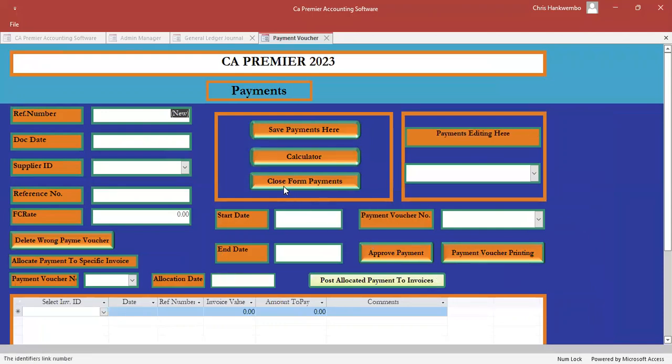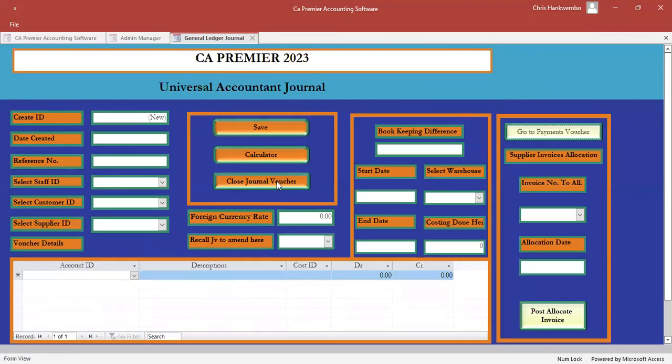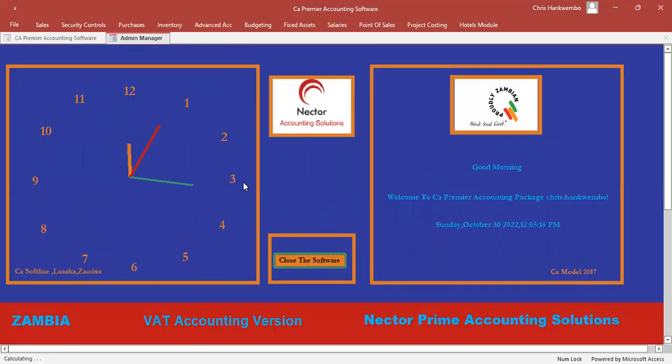So yeah, this is a more advanced accounting package. I'm sure some of you may be seeing it for the first time. It's not like it was done somewhere else. This is a Zambian product born here in Zambia. We did it ourselves as chartered accountants who understand the Zambian scenario. That's why this package is even able to communicate to Zambia Revenue Authority in terms